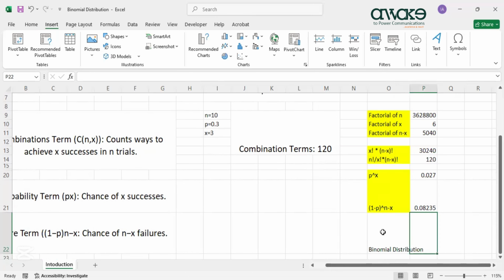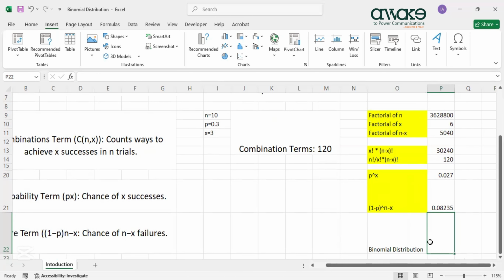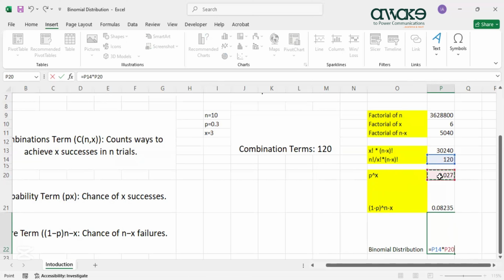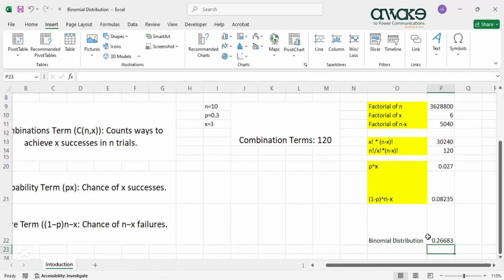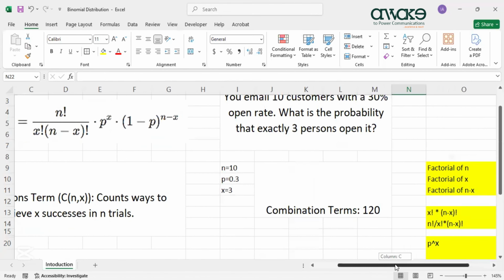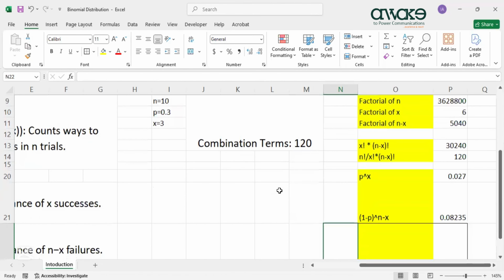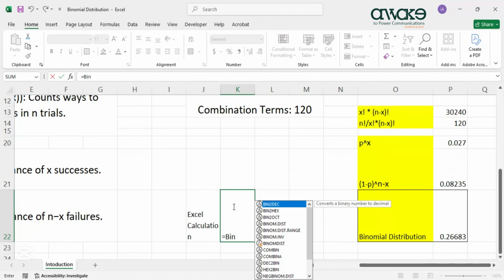Our binomial distribution now will be equals, we have our combination term 120 multiplied by our probability to the power of x successes here multiplied by our failure term, right? So this will now give us the binomial distribution. Let's use the binomial distribution function in Excel to see if we are going to get the same value. We'll say equals